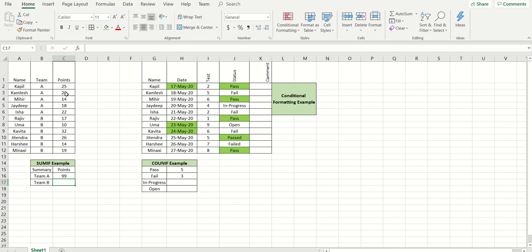Then you see it has already counted, let's say in team A, what the total points are. If you have test cases, it will give the total number of test cases. The same thing we can do for B also. Instead of A, I just need to type B over here. Once you copy, you need to correct these things as well, like the range b2 to b12. I will correct that range, and here also I will correct this range c2 to c12. So both the ranges are corrected, and now you can see the correct results.